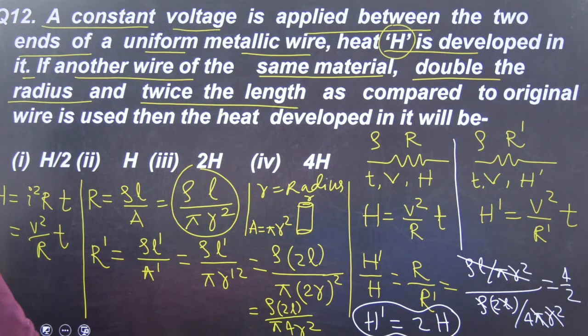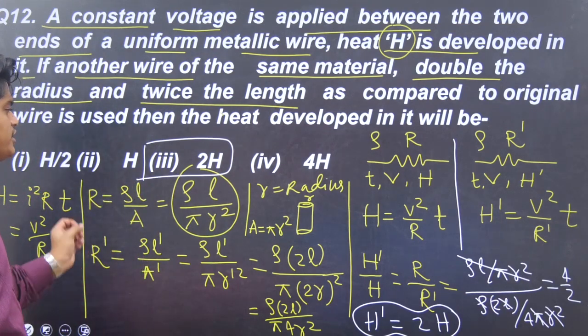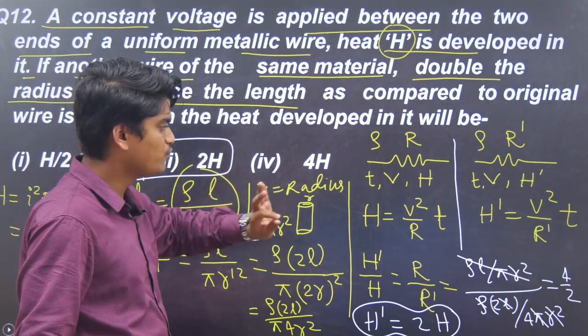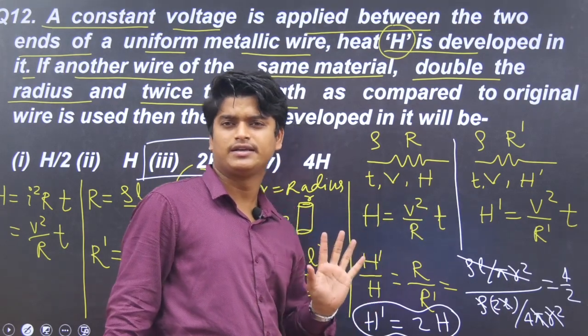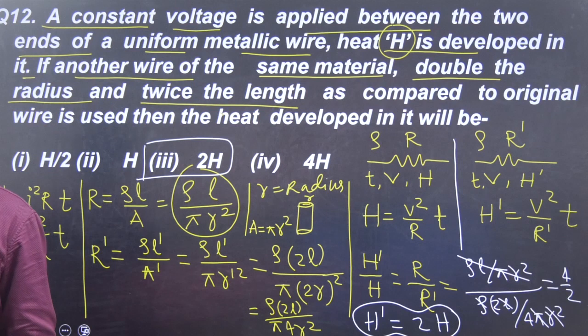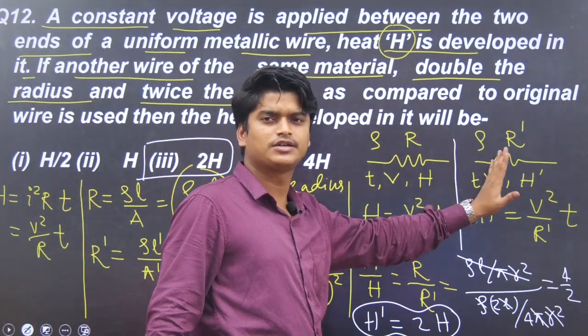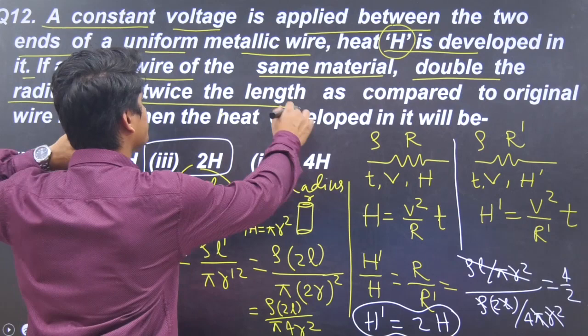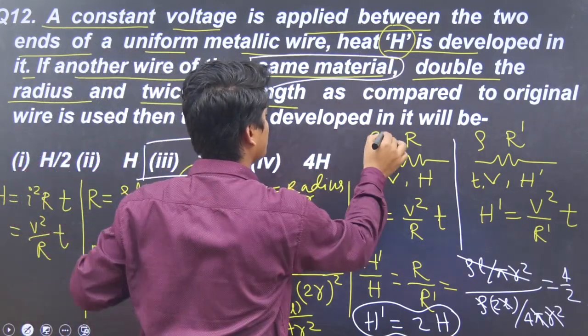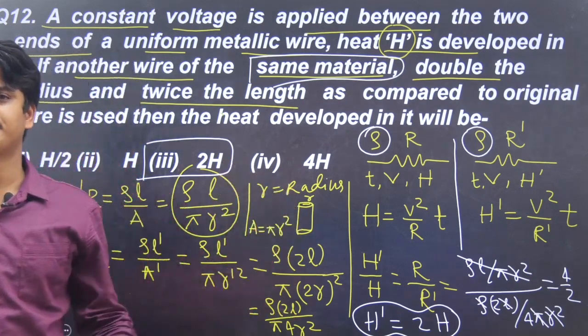So here, what will the option be? Now the answer will be the third answer. So it is 2H. Although it takes a little time, once you understand, you can do it quickly. As I am explaining everything clearly here, that's why it takes time, but you can solve it in minimum time also. You need to understand, whenever this type of problem is given, you do it comparatively: case 1, case 2, 1 resistor, 2 resistor, given data. And if the same material is always written, you understand the density will be the same. For every case in physics, same material means the density will be the same.